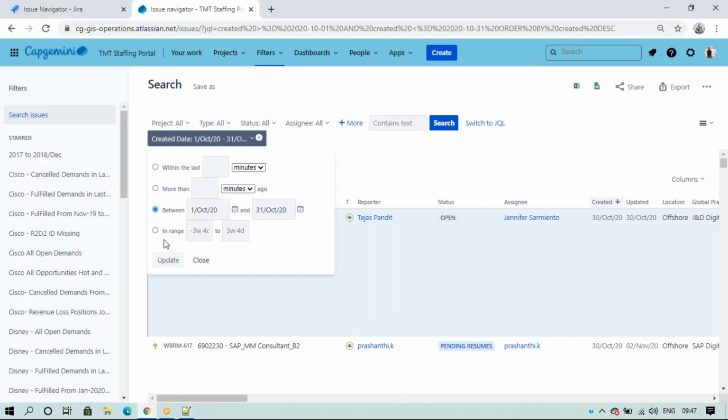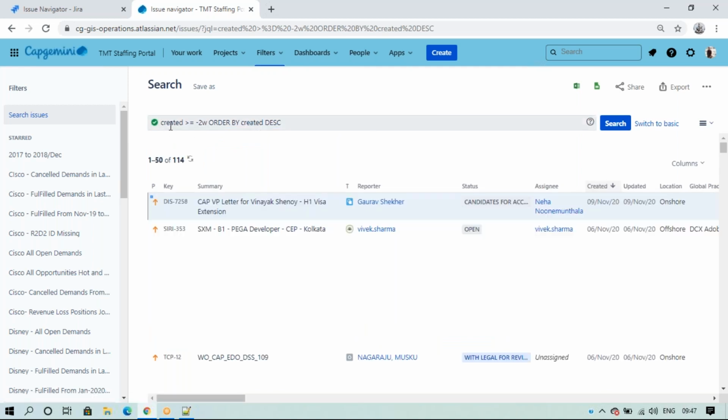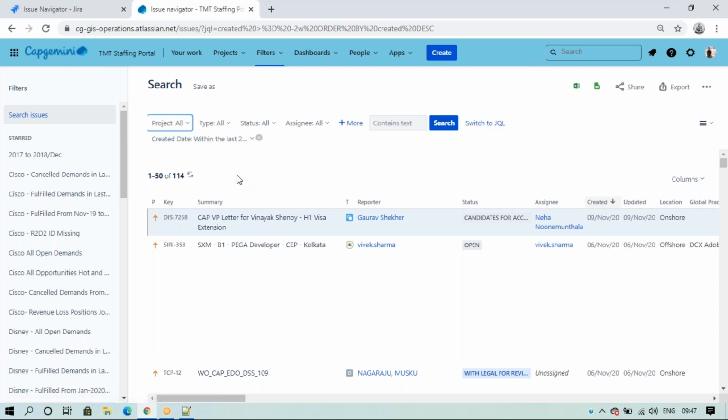Range means, like, within the last week or something like that. So like minus 3 weeks, 4 weeks to 3 weeks: last 1 week tickets, last 2 weeks tickets, last 3 weeks tickets, and we can get it like this. Minus 2 weeks to minus 2 weeks to. If you have not selected anything here, it will take the current date. So in the JQL filter, same, created is minus 2 weeks, same as how we took it first. So within the last 2 weeks and within the last 1 week, it becomes range-wise. Okay, and this is the way we need to write a filter.